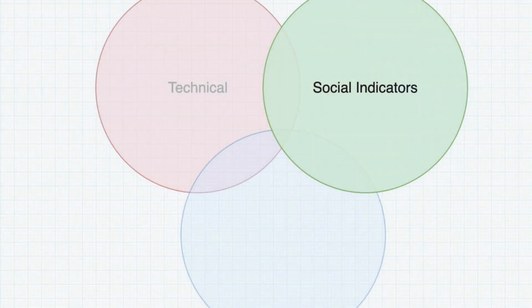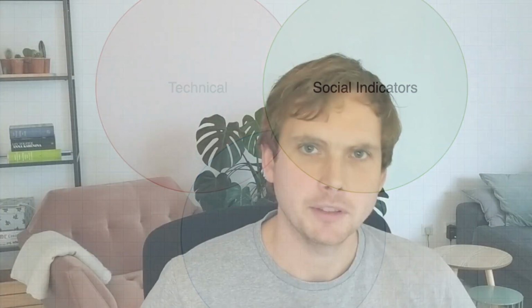And the second category of indicators I want to talk about are social indicators. I consider these to be all the things that have to do with the people behind the project and the way in which the development and the participation gets organized. And in my experience, these are by far the most important things to look for in a healthy open source project. But these are not easy to quantify. Like a lot of it just comes down to getting to know the community a little bit.